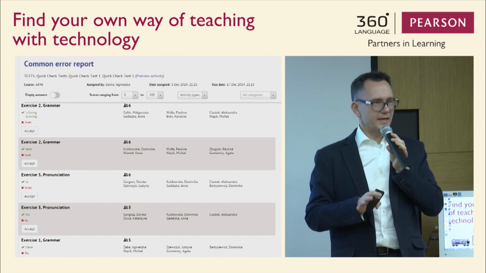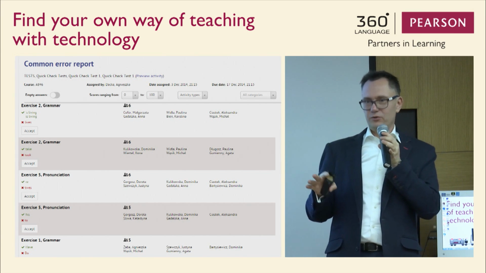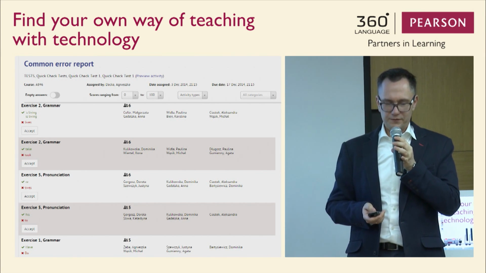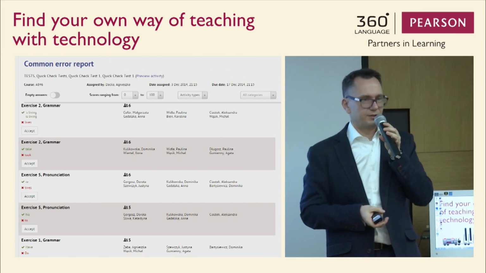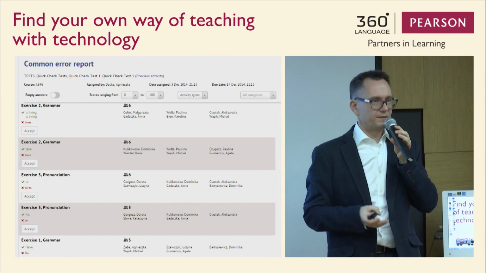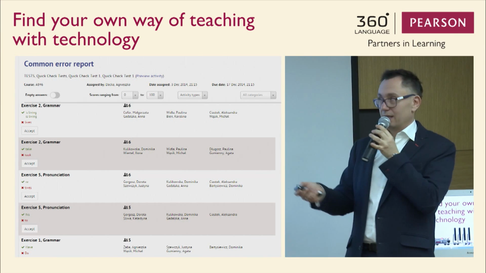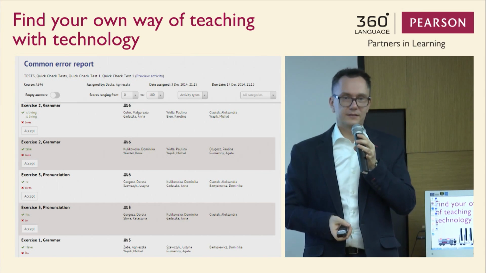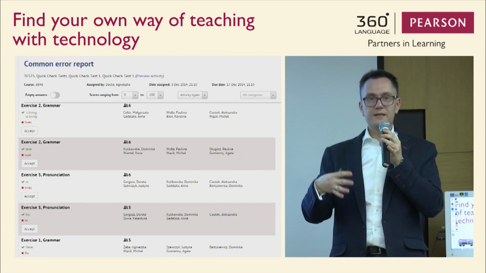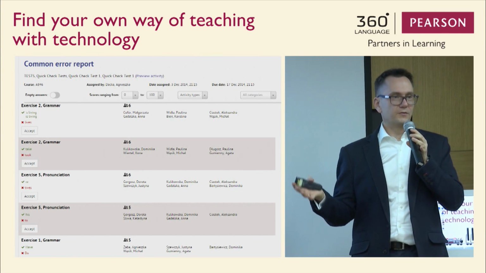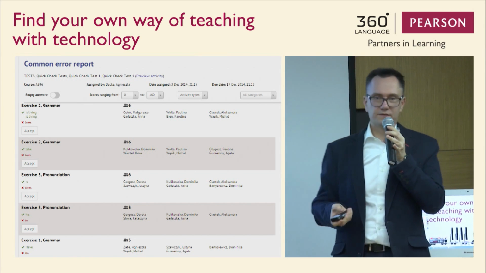In this report, on the left, you can see which items the students are actually having problems with. So, for example, they are having problems with "is living" against "lives," right? They still don't know the difference, probably. How do we know that they don't know the difference? Well, because we can see here that there are at least 6 in the group. So if you have a group of 12, you can see that half of the group don't know the difference, probably. You can also check it with other responses to see if it is confirmed.